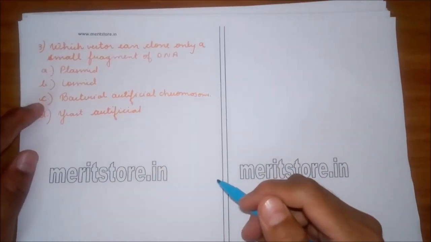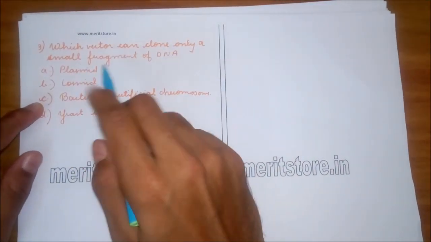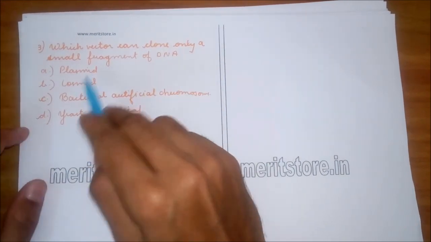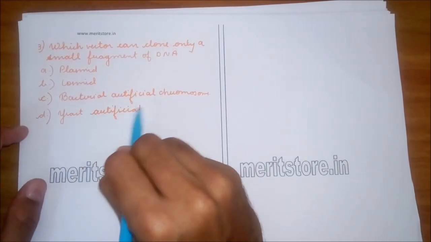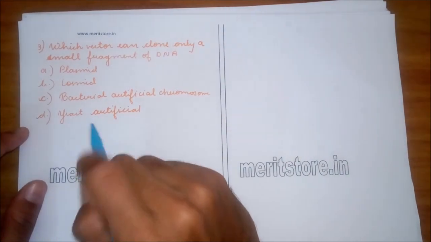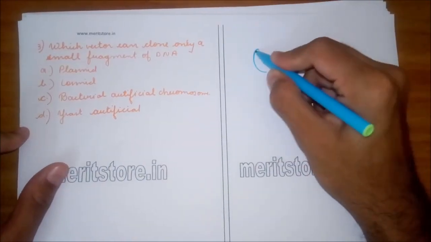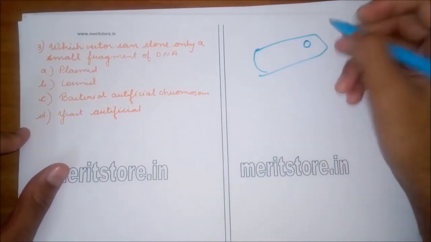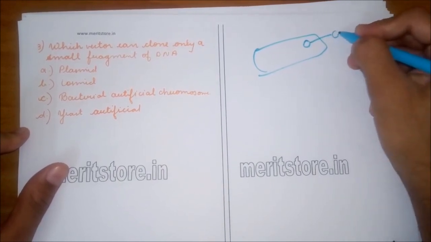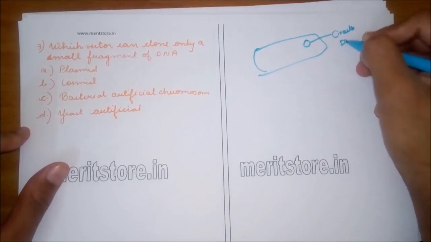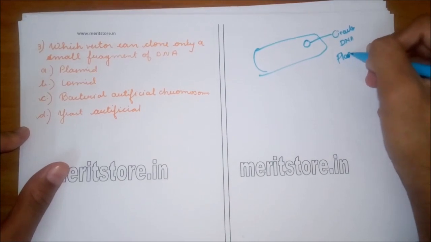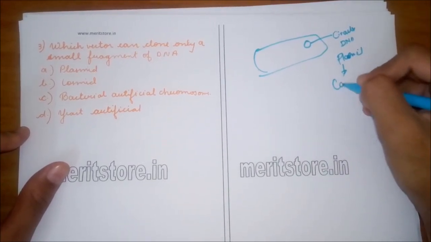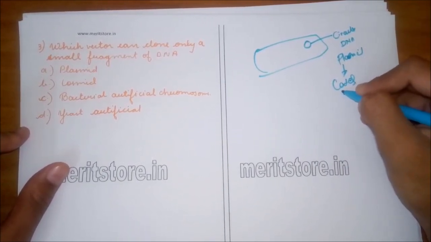Question number 3. Which vector can clone only a small fragment of DNA? Option A plasmid, B cosmid, C bacterial artificial chromosome, D yeast artificial chromosome. In prokaryotes, extra chromosomal DNA is in the form of circular DNA, which we call plasmids, which codes for specific characters